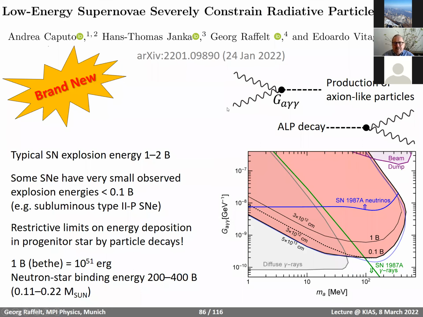Another argument which we very recently proposed is that if these particles dump the energy into the mantle of the supernova core, then the supernova explosion should be much more energetic. And so, to compare this with reality, we should look at the lowest energy supernova explosion that exists. So there exists a class of low explosion energy, so-called subluminous type 2 plateau supernovae, that have very small explosion energies. So they give us very restrictive constraints on the possibility that too much energy might have been dumped